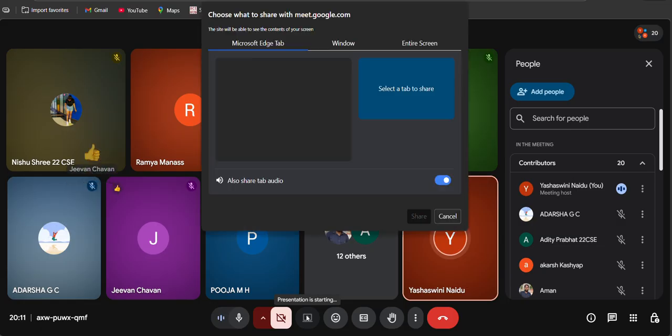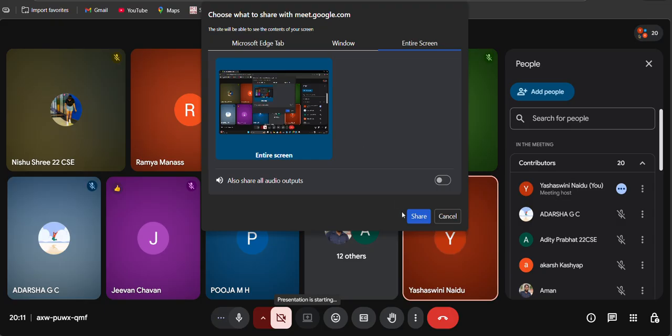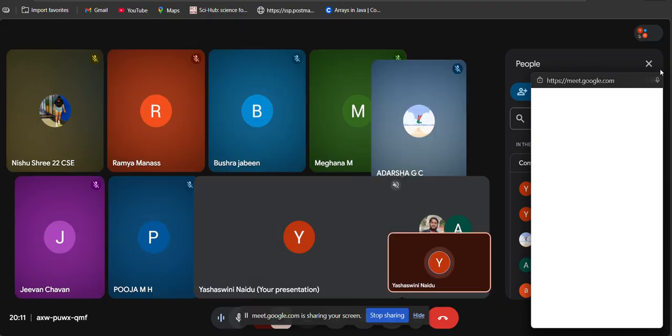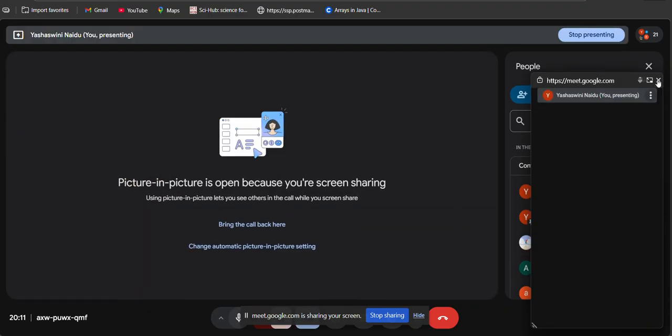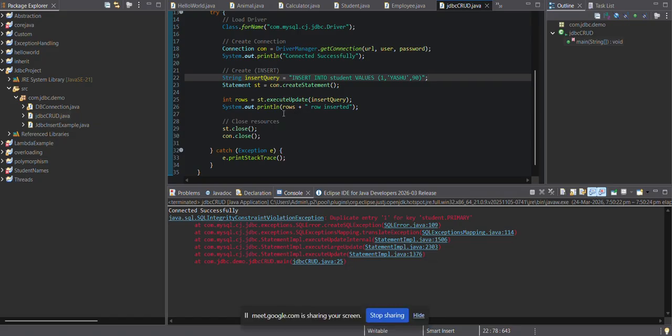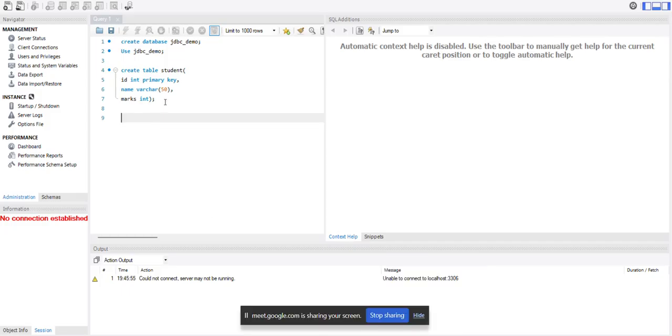Right, let me share my screen. So hope my screen is visible. So in the last class we had seen the creation. We had created our database. First we had created our database. Then